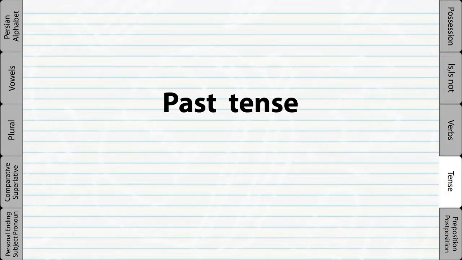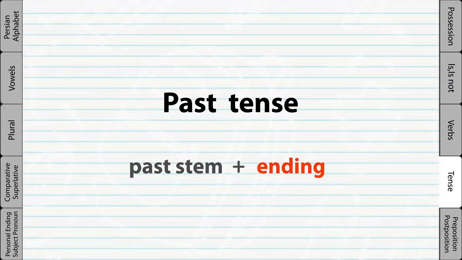Past tense. Conjugating the verbs in the past tense is very easy. First, get the past verb stem, and then add the correct personal ending. The personal endings are very similar to the subject pronoun personal endings, with the exception of the third person. For example,